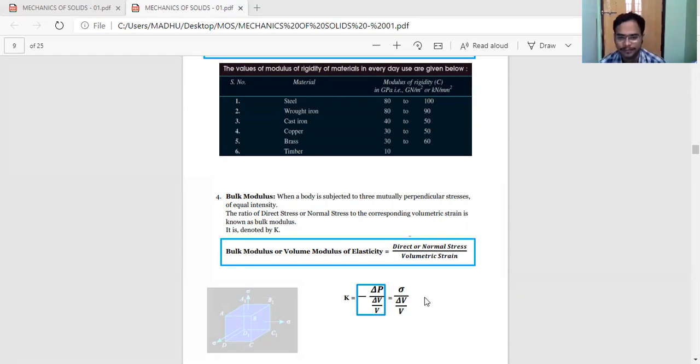And what about the units of it? The units are like sigma units only, the stress units, because change in volume by original volume, say if it is in meter cube divided by meter cube, gives cancel, and we have delta V by V only. The denominator has no units, whereas the numerator sigma is stress, force per area, Newton per mm square or meter square, or it can be a Pascal, megapascal, gigapascal, or kilopascal. So this bulk modulus is given by sigma by change in volume divided by volume.